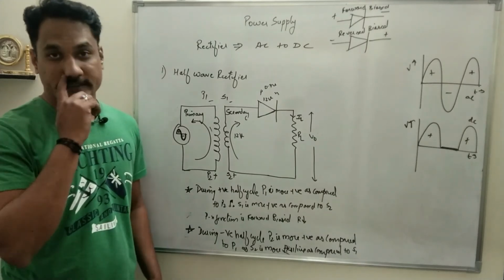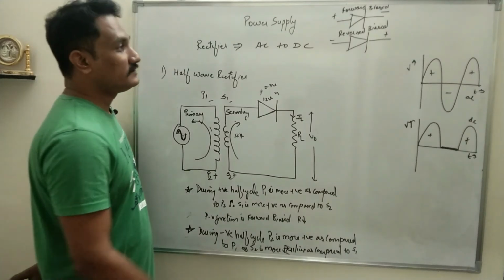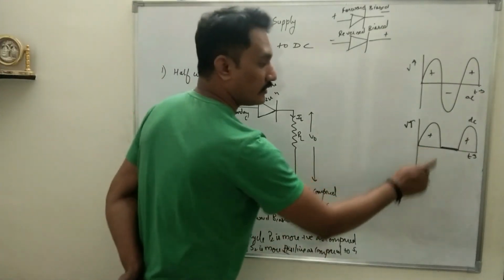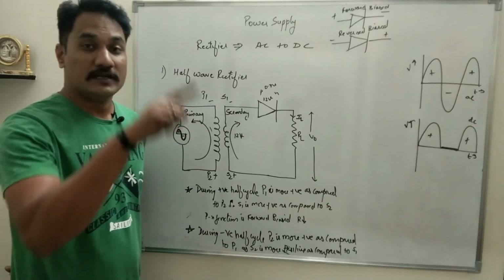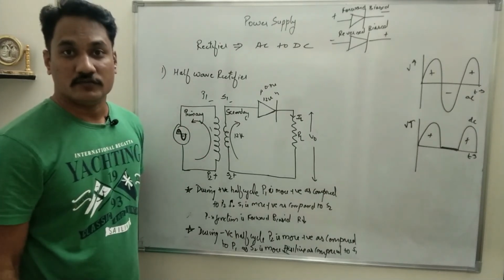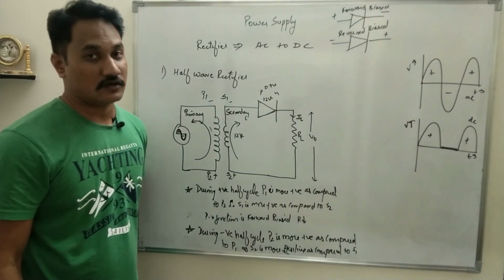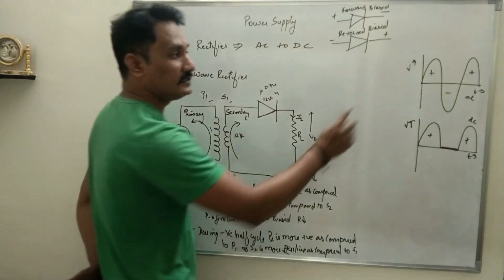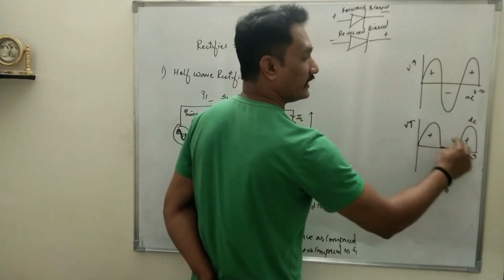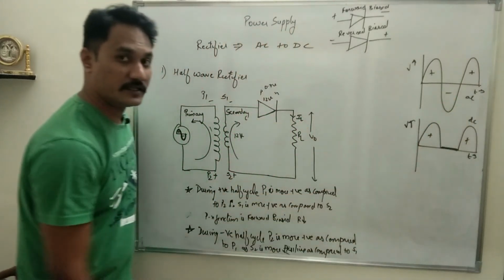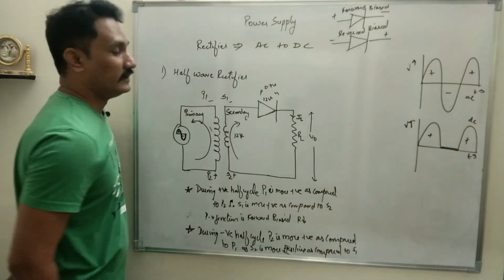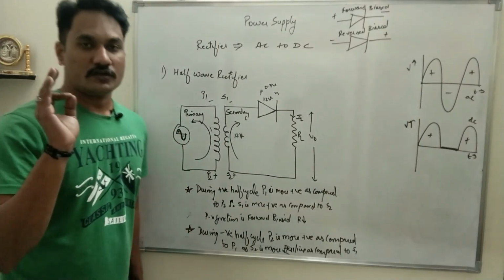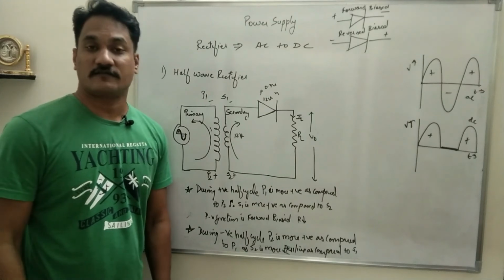Now there are two things which have to be understood. First, what is a DC signal? It will be a straight line, pure DC. Is this a pure DC? The amplitude is changing with respect to time, so it's not a pure DC. That is the first thing. And the second thing is, only the positive half cycles are rectified. The negative half cycle is clipped from the circuit, and that is why it is named half wave rectifier. When this question is asked, it will be asked for 3 marks.